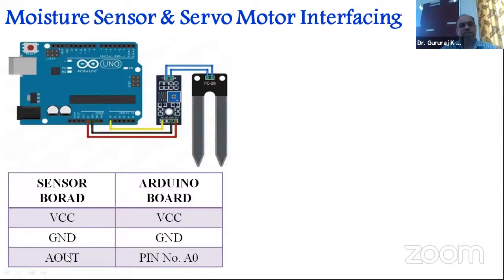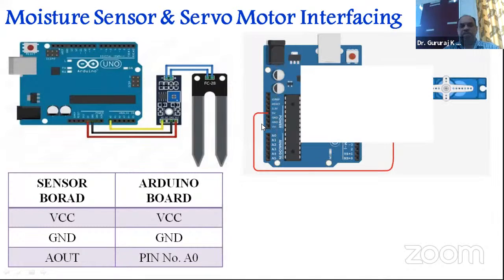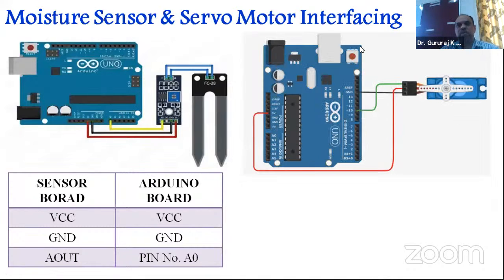We can use that sensor board. We have VCC, ground, and again we have A0. This is again an analog signal that is generated. So again we will be using that analog signal A0, or any of the analog pins can be utilized for communicating. Similarly, we have another sensor,